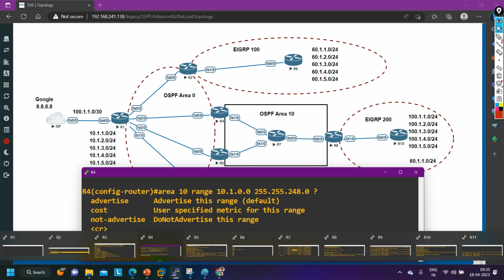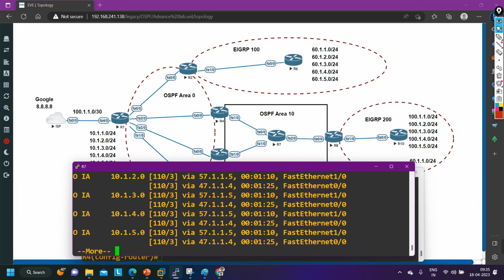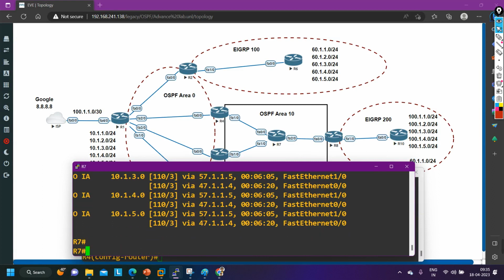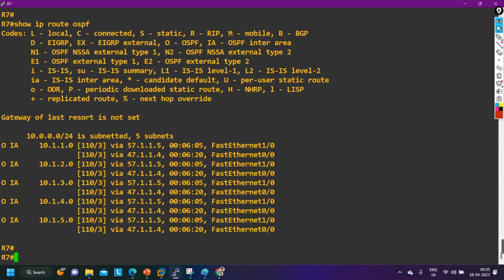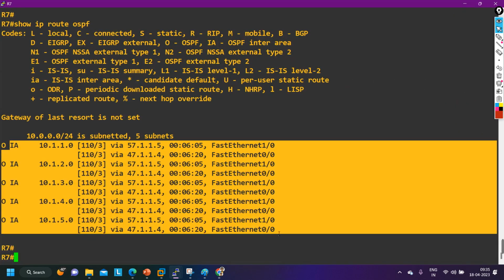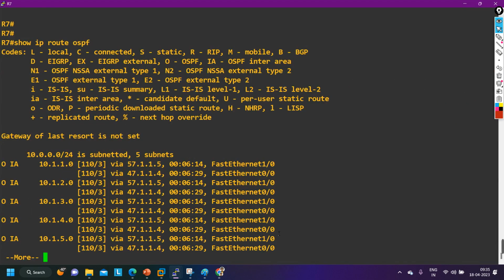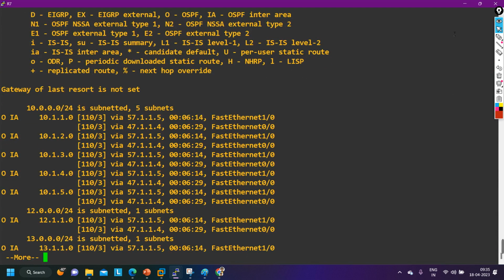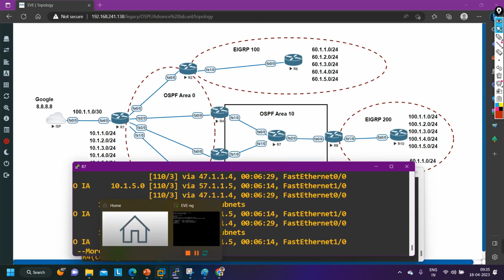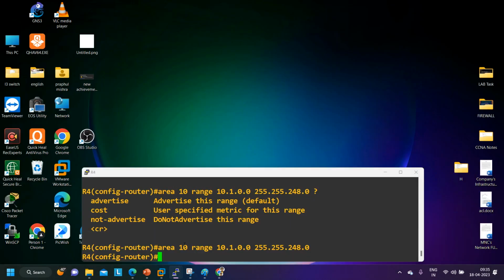So hit enter. Now on router number 7, if you verify the routing table again, so IP route OSPF, you can see router 1 is still performing what? Load balancing. Yes or no? So that means this router is not getting a summary prefix from router number 4. On router number 4,